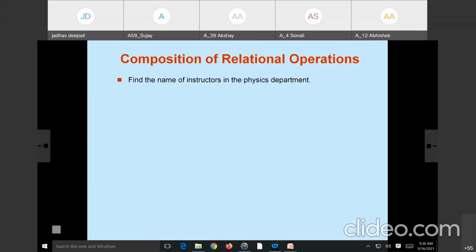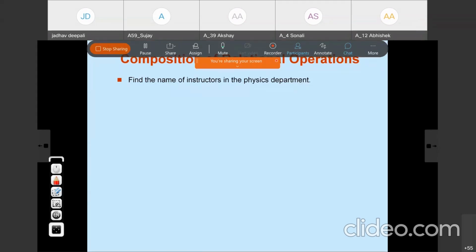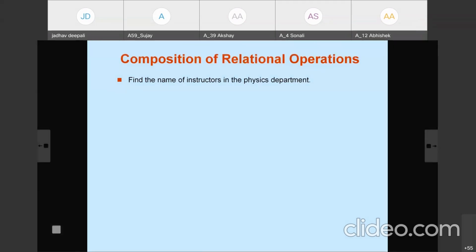So how we combine select and project is important. The sequence is important here. We cannot change the sequence. See, first we need to find all the tuples where department name is equal to physics. So how do we write it? First I write select department name is equal to physics from instructor.